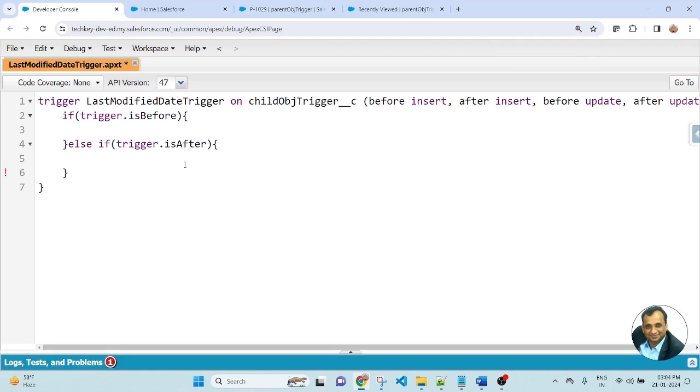Inside the after event, I will add a context variable: if record is inserted or record is updated. Both are context variables of the Apex class trigger.